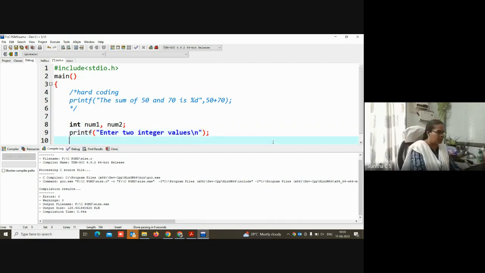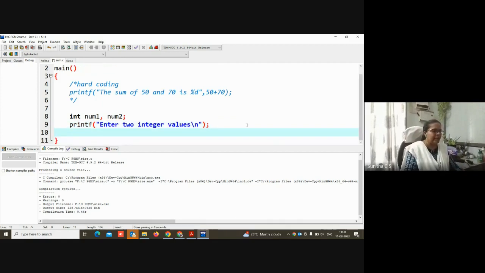Now the next one is our first ever input statement, which is the function known as scanf. Scanf is the function used for taking input from the user. I am going to give %d because I am going to read integers. To print integers we use %d, and to read integers also we use %d.